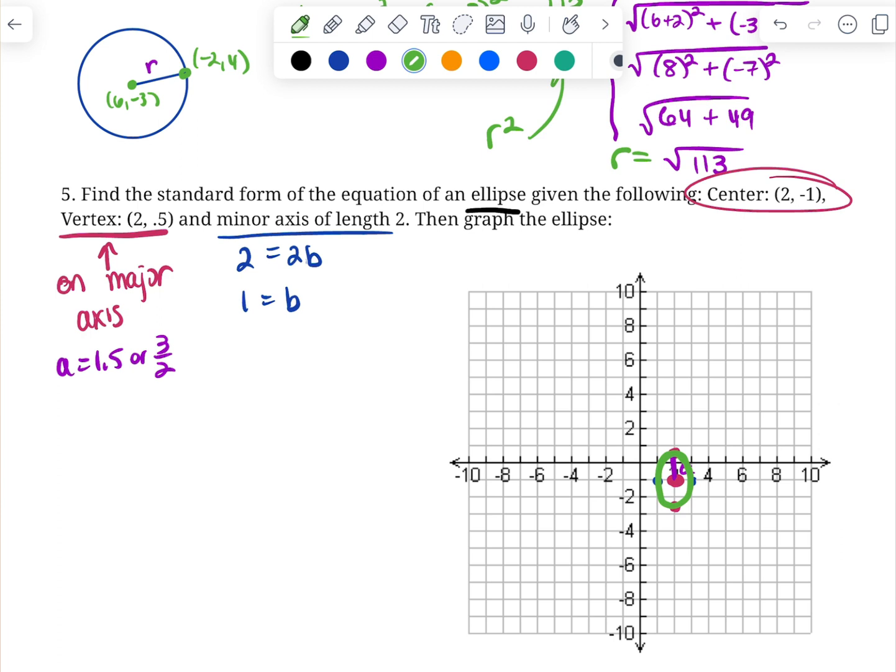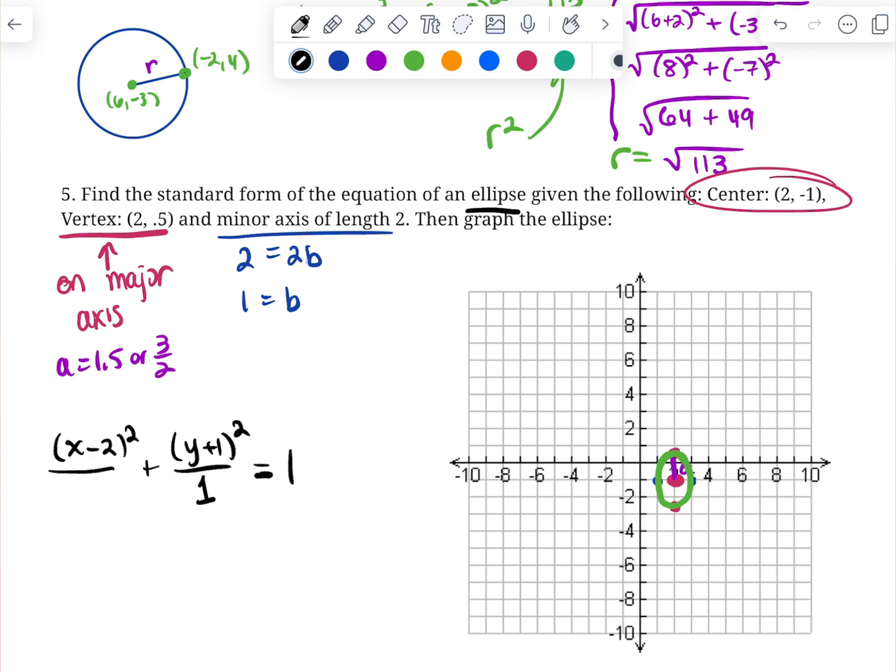Okay, so from there, we've got enough information to write our equation. Remember, our equation is like so: x minus 2 squared over something plus y plus 1 in this case squared over something equals 1. It's always an x squared, a y squared, quantities, and then equal to 1. And then under the denominator, we are going to put 1, which you could leave, you could put nothing there and not even write it as a fraction,